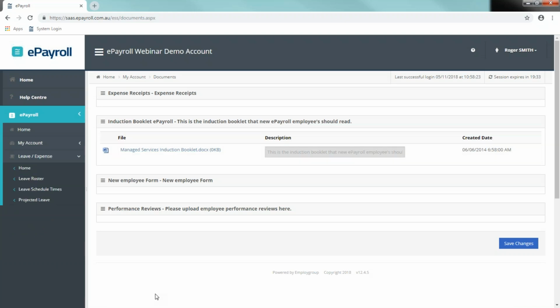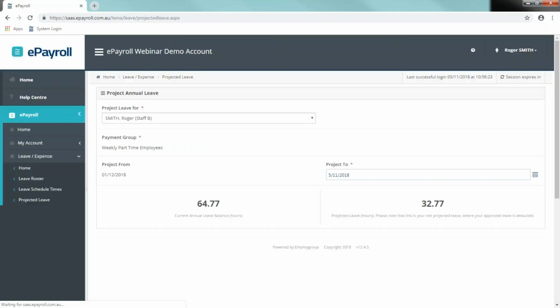So next I'm going to show you the leave and expense management and how an employee applies for leave. So what I'll do first is show you this projected leave tool. So this is where an employee can project how much leave they're going to have at a certain date. So if they need to know before applying for leave if they're going to have enough leave to cover that, they can come to this tool here. So what they need to do, it will project from a certain date and it will show their current balance. They'll then choose a date in the future,